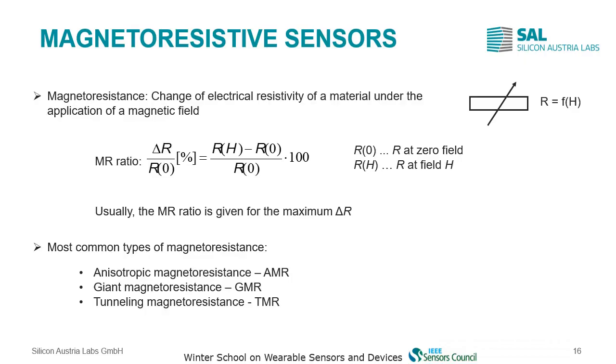Let's first define magnetoresistance. It is a change of electrical resistivity of a material if a magnetic field is applied. It is typically characterized by the MR ratio, the magnetoresistance ratio, which is a change in resistance over the resistance at zero magnetic field. Usually the MR ratio is given for the maximum delta R. The most common types of magnetoresistance are anisotropic magnetoresistance, giant and tunneling magnetoresistance, and I will focus on the latter